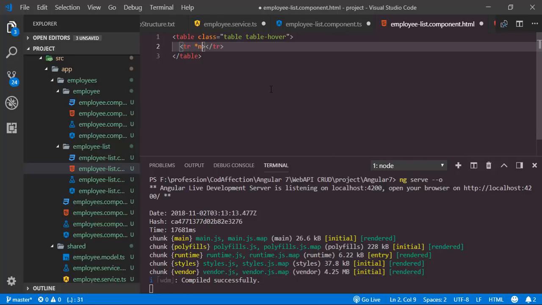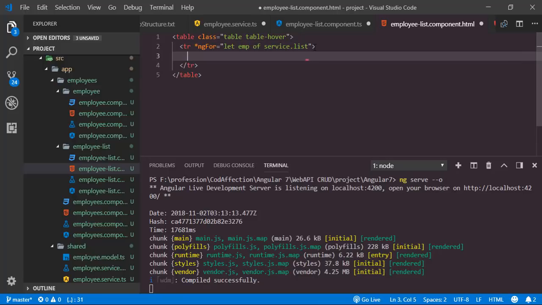So here it is, ngFor is equal to let emp of service.list property. That means here we are going to iterate through this list property from the service class. On each iteration, the current employee object will be saved inside this emp property. Now using the emp property, we can add td cells here. First of all, I want to show the employee code. For that, I will use the string interpolation from Angular. So we have to use two pairs of curly braces. Inside that we have the property